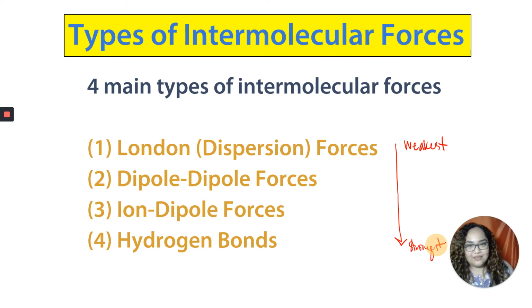not considering the ion-to-ion ones. Now, if you remember during our lecture, London dispersion forces are also known as van der Waals forces, and they are found in all of your compounds. This is sort of like the entry level force. All of your molecules will have this type of force. Then you have the dipole-to-dipole forces, which are found in polar molecules. Your ion-to-dipole forces would have a metal and a polar